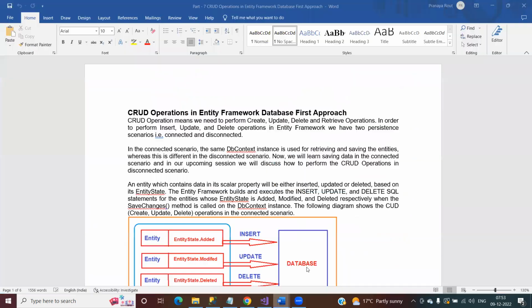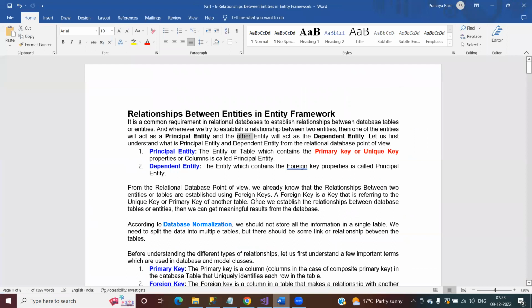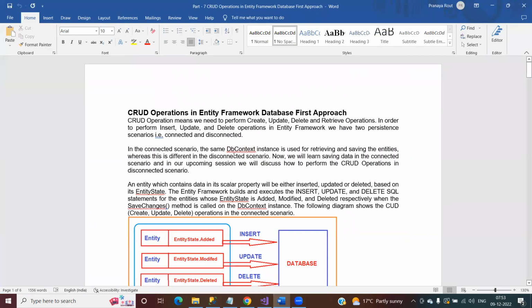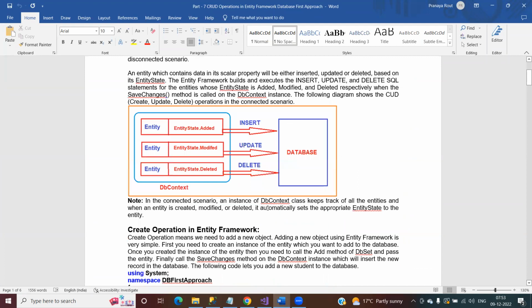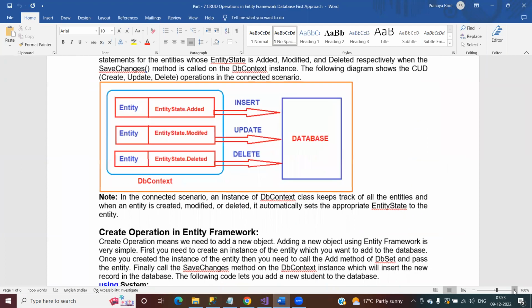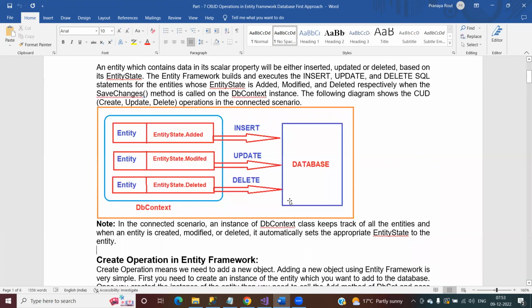So now we can proceed further and try to understand how you can perform the CRUD operations using the database first approach. We have already discussed this, but again I'm going to show you the changes. If you want to perform the CRUD operation, Entity Framework is going to generate